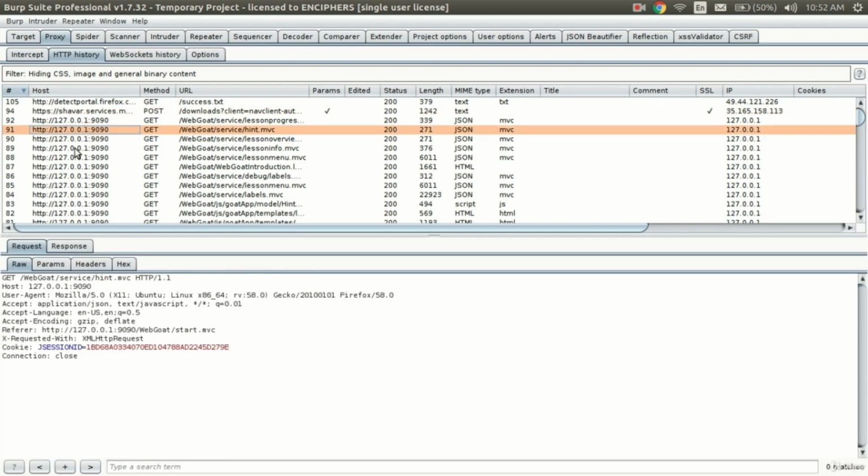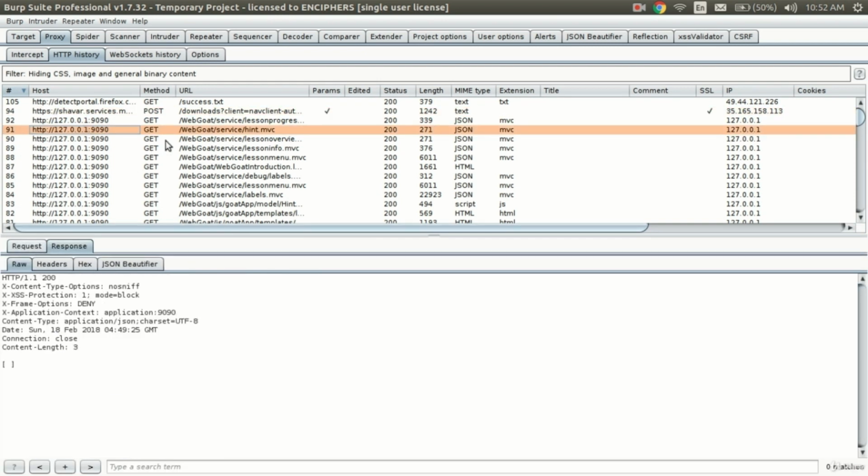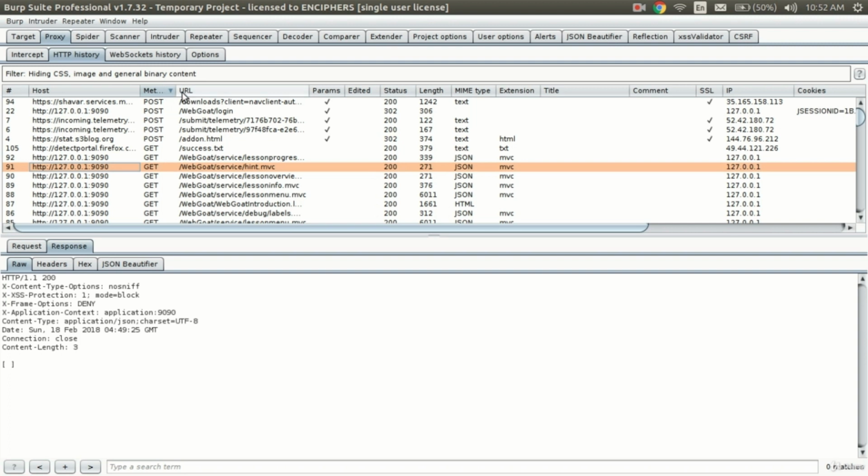If you click on this, you will see that there are both the requests and responses. This is the HTTP history option of the proxy. All the HTTP history gets accumulated here. You have seen the history of Chrome or Firefox; similarly, all the history gets saved here. It shows us the method, and you can always filter using methods, the URL, parameters, and different kinds of stuff by which you can filter the different requests.